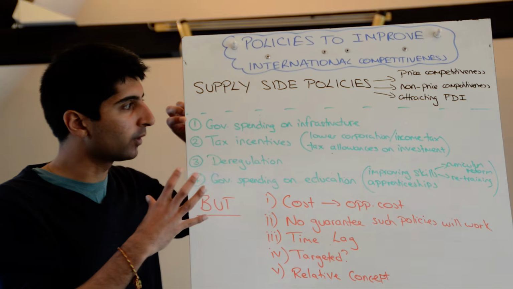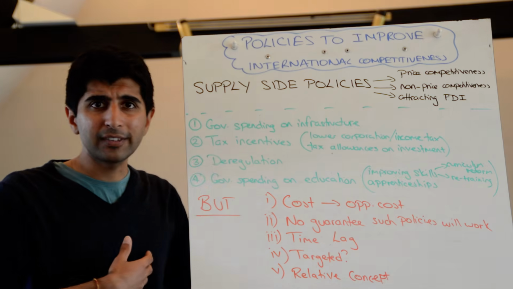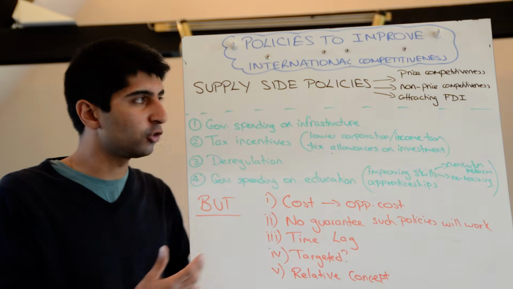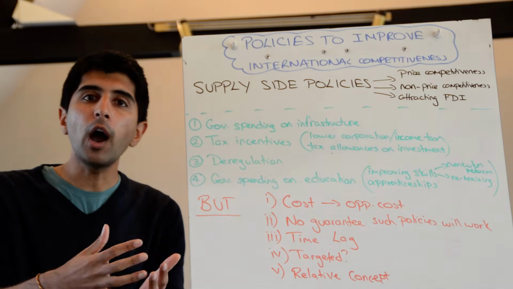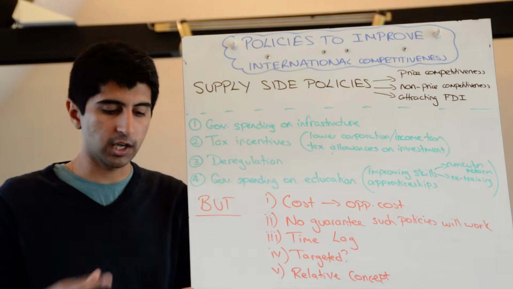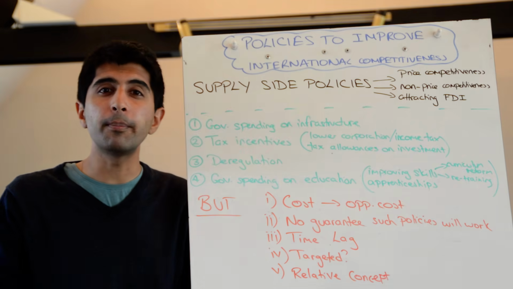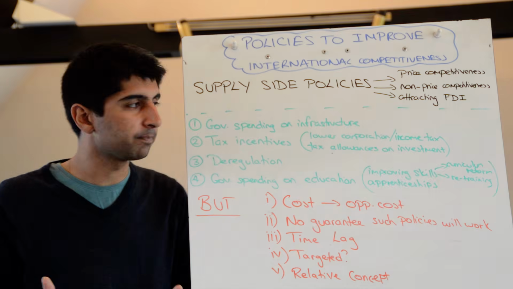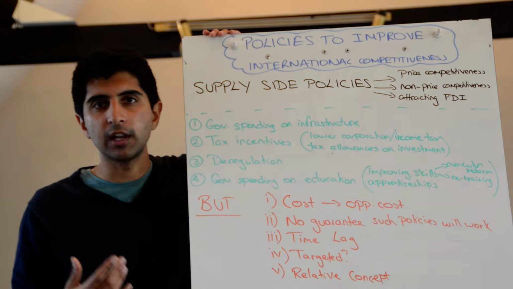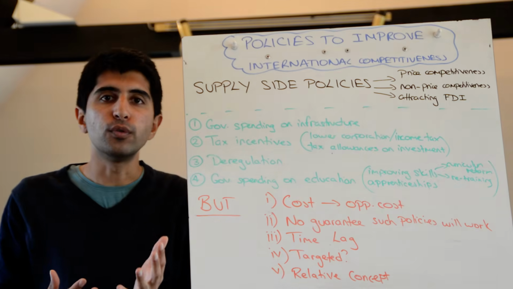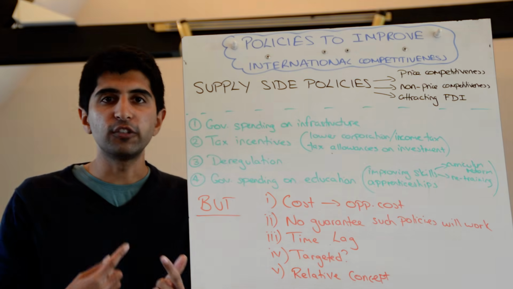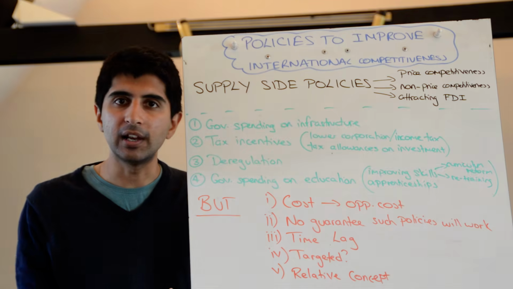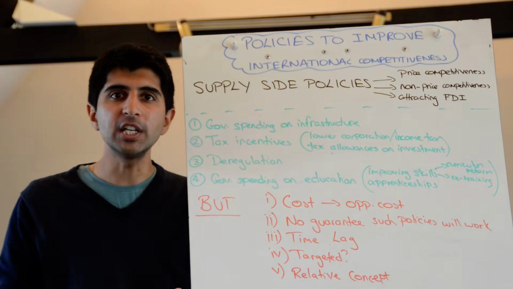I've written four big ones down. Let's kind of fill that chain of analysis and make sure we get to this key endpoint here. So government spending on infrastructure. What kind of infrastructure? Well, transport infrastructure, like new roads, new bridges, new airports, new rail links, that kind of thing. If the government spends on infrastructure like that, then that should improve the efficiency of doing business. It makes moving goods and services around the country and internationally a lot easier, quicker, cheaper.